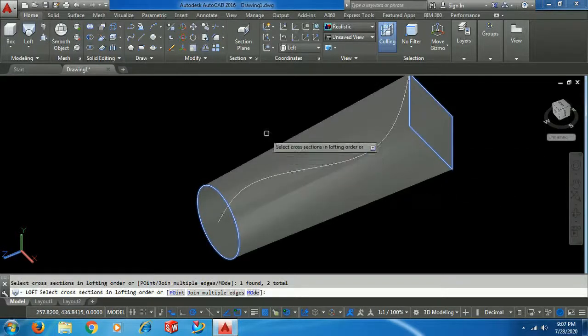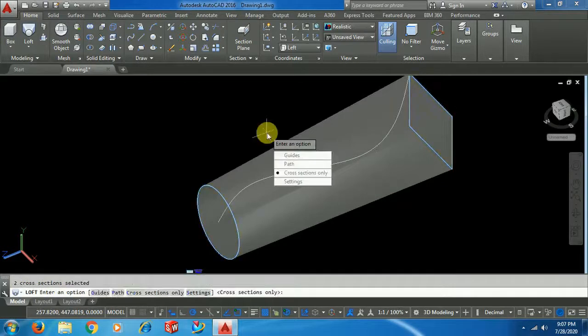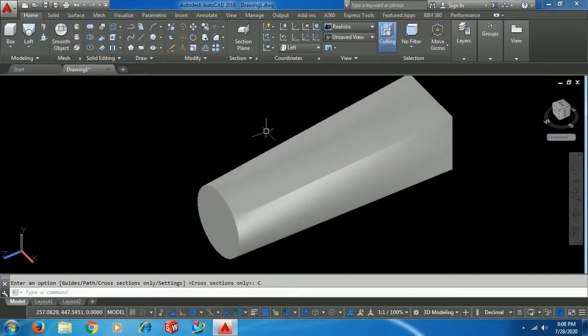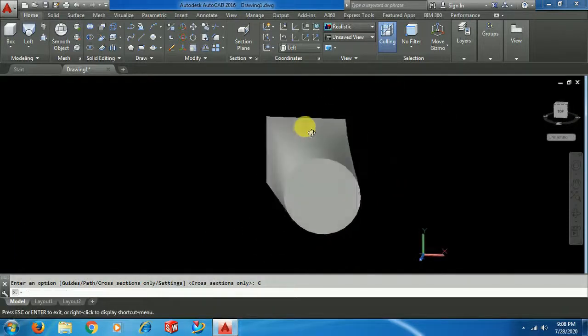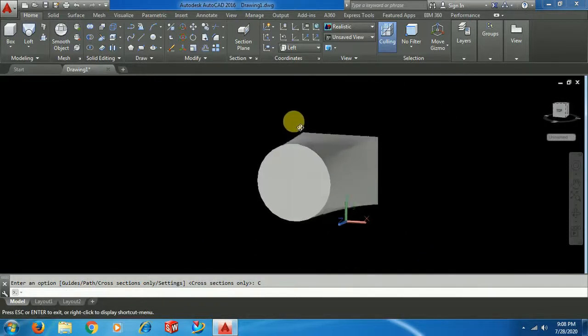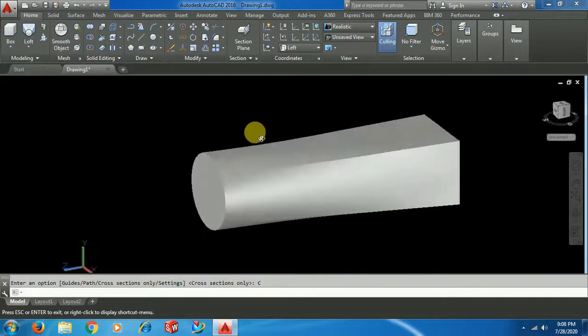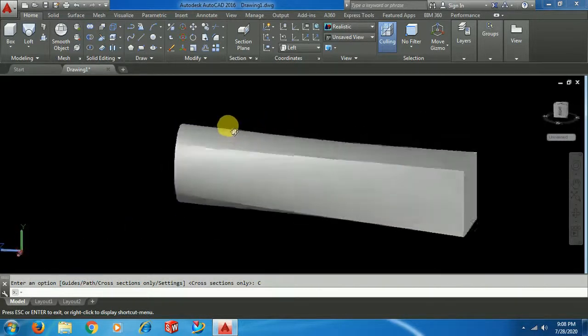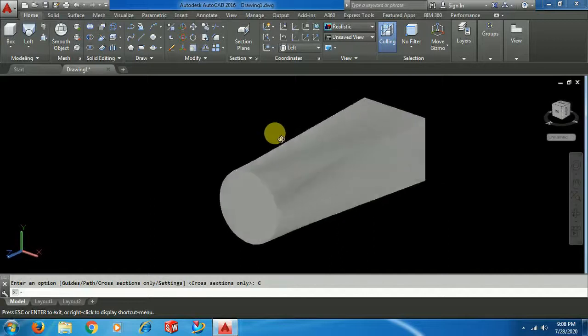Now you can see the output. If you press enter and keep this on cross sections only, then normal material solid is added normal to the profile. Turn and I will show you. One side is a circular section, the other side a rectangular section.